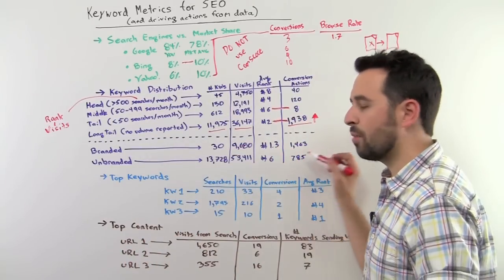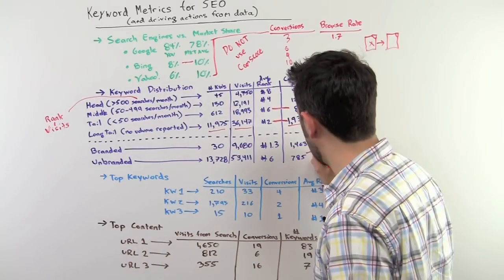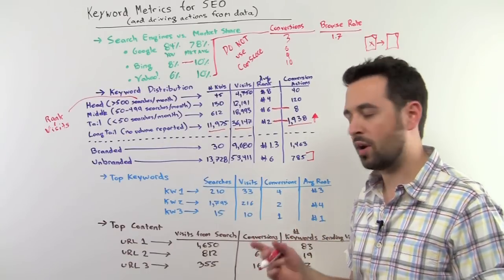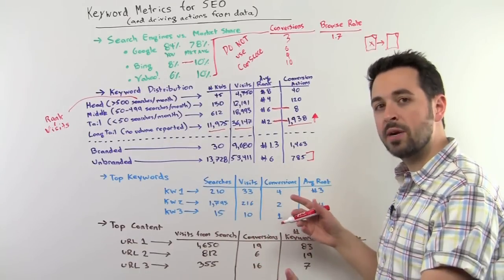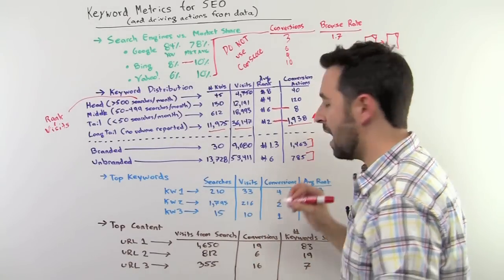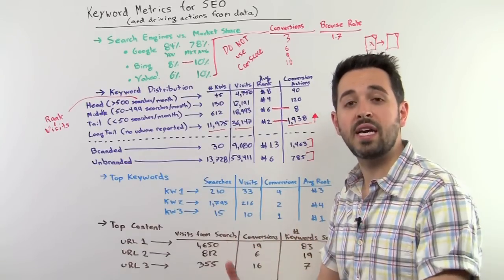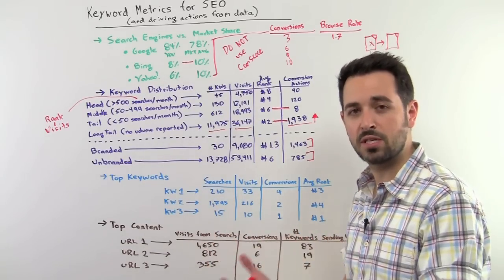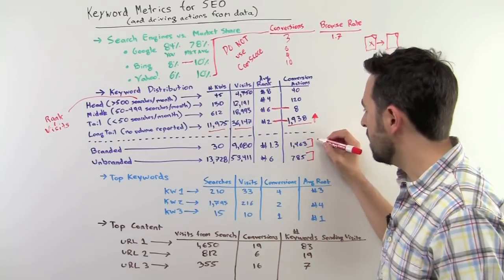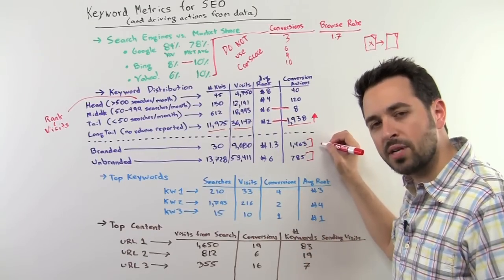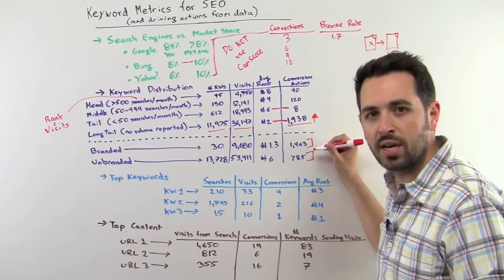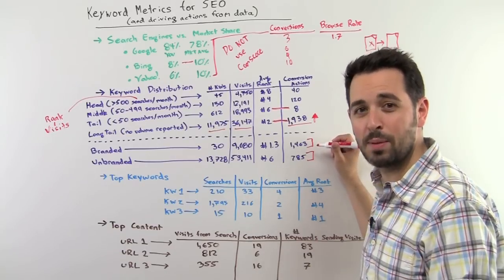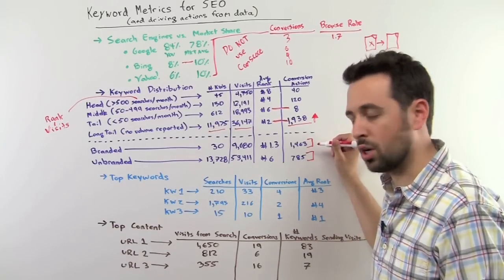And so breaking out branded from unbranded really lets you see how well your managed SEO efforts are going. And likewise, branded lets you see how well efforts like branding and market share and mind share among consumers, or mind share among businesses if you're B2B, are going. If you see these metrics trending up or down, particularly if you see branded trending down, you might think to yourself, we need to get out there more. We need to get more exposure. People are losing excitement or interest in our brand.